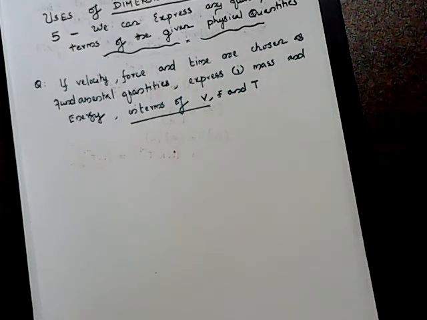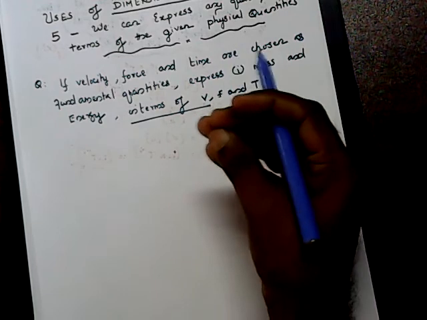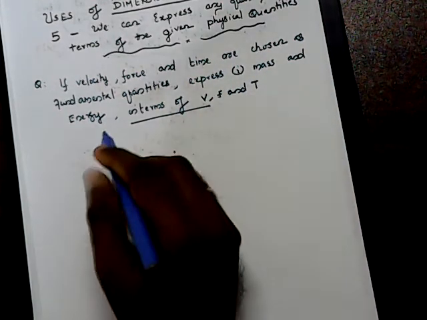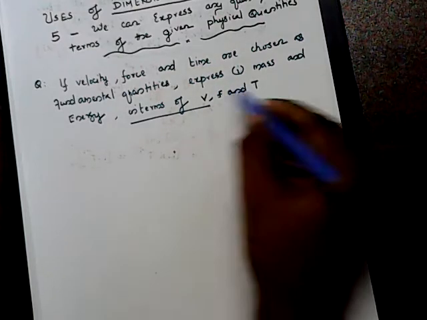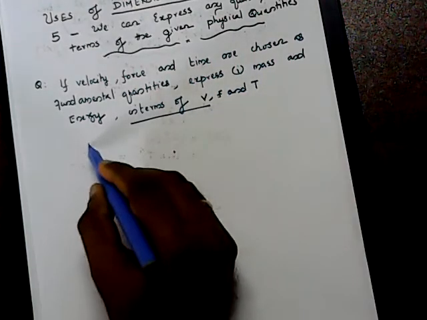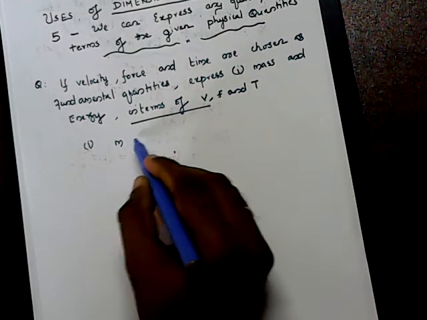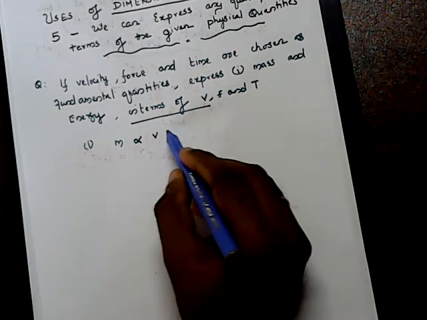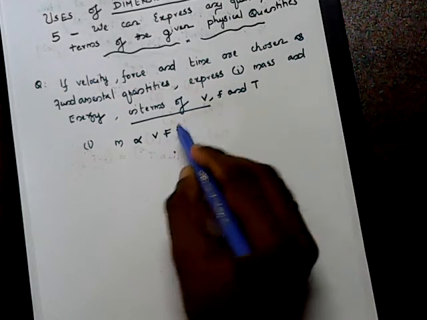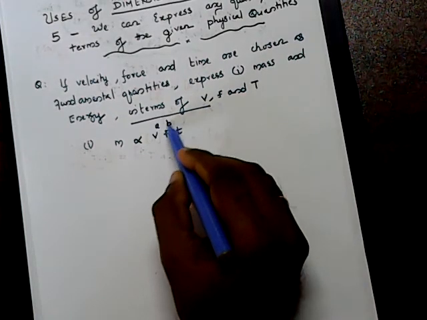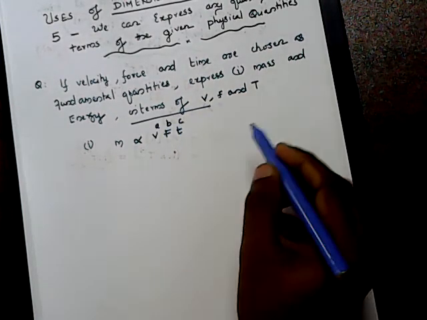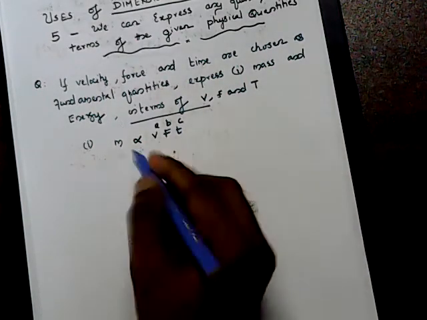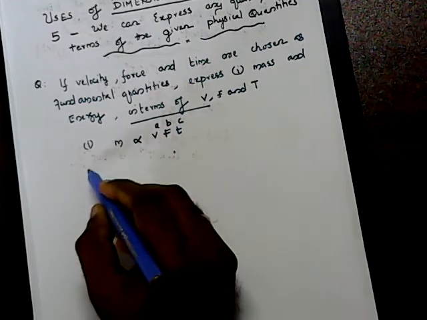See, we can adopt simply two methods. The first method, we can use the normal concept. So, at first, we have to express mass in terms of velocity, force and time. And our aim is to find what are the powers for A, B and C. So derivation method we can easily use. So just write the dimensions on both sides.